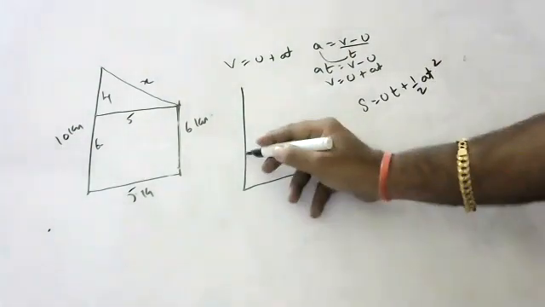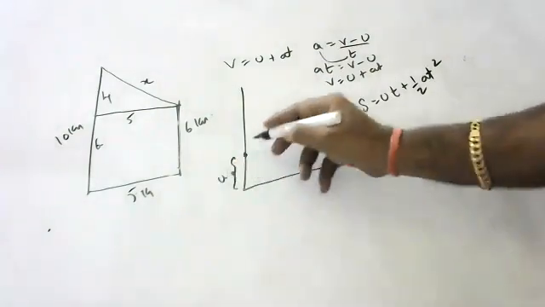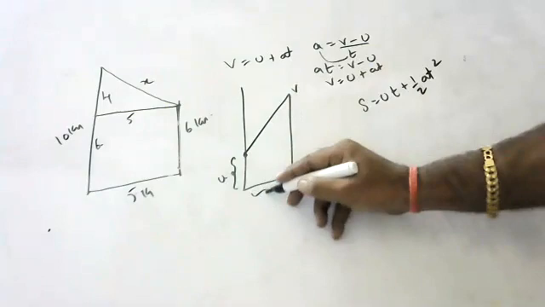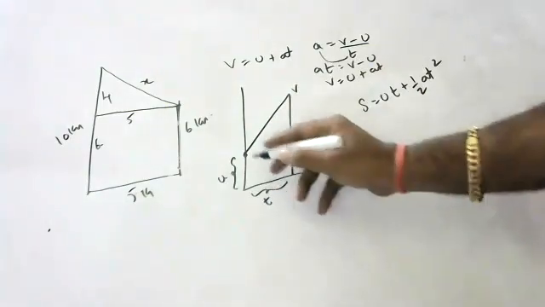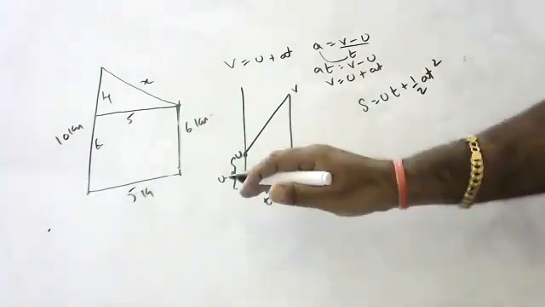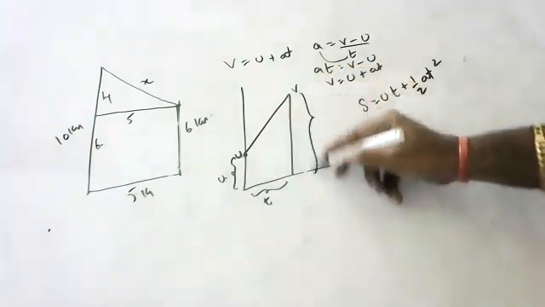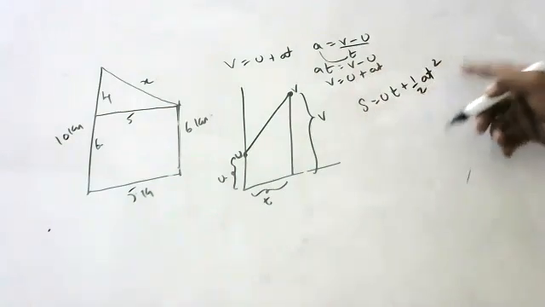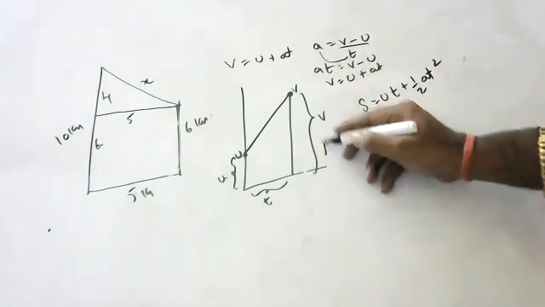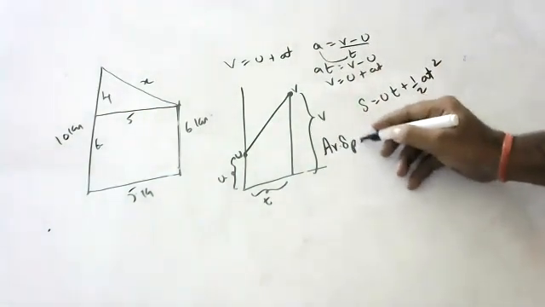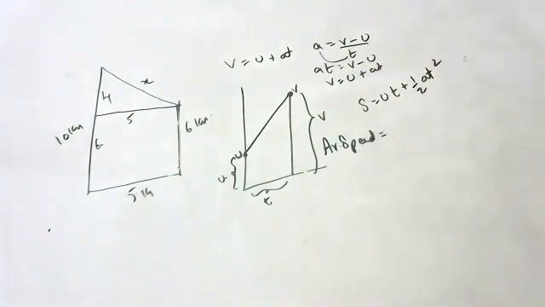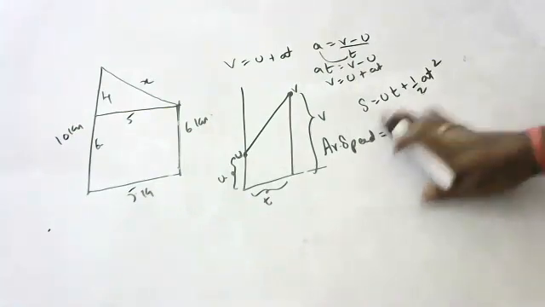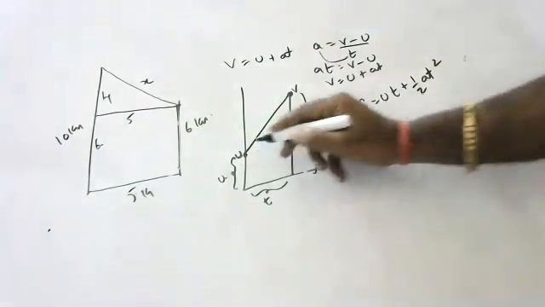Imagine a person is traveling with initial velocity U. It attains final velocity V in time interval T. Now, how to derive this? Do you remember, children? Anyone? Average speed is equal to total distance by total time. Okay. Actually, this we have to take it as